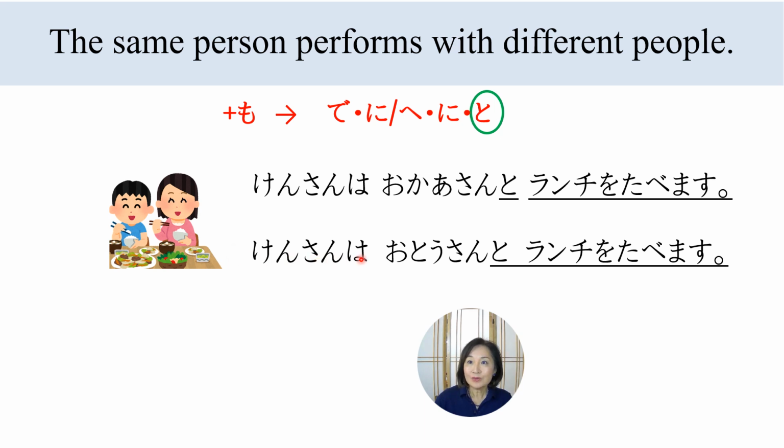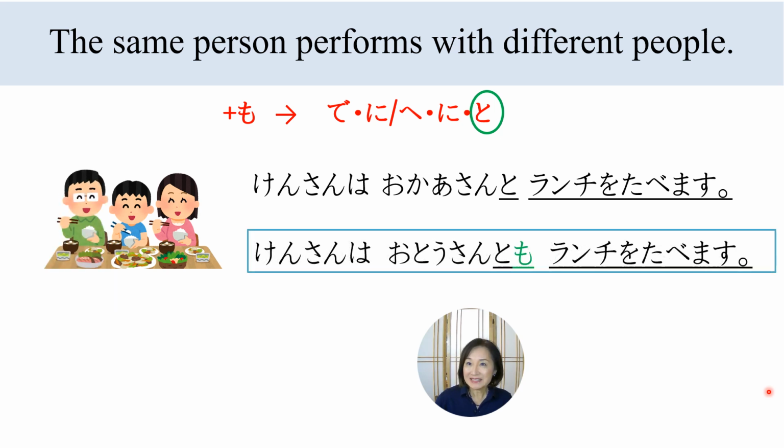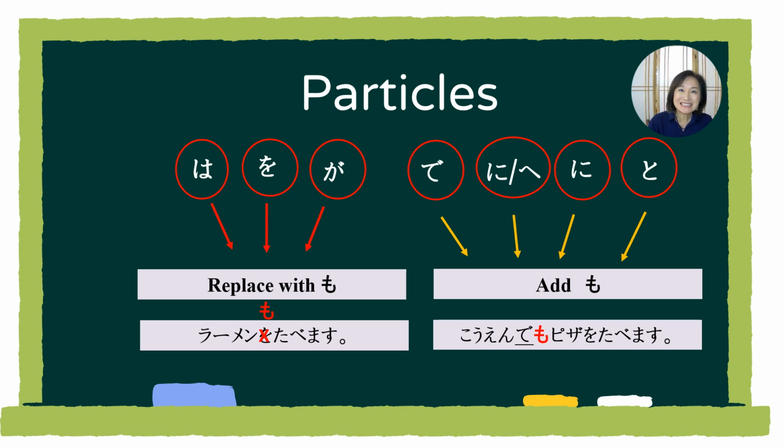Kenさんはお父さんとランチを食べます。Alright, how would you say he also eats lunch with his dad? そうです。We want to use も to show that Ken ate with both his dad and mom, so the sentence becomes ケンさんはお父さんともランチを食べます。できましたか？いいですね。それではもう一度レビューしましょう。